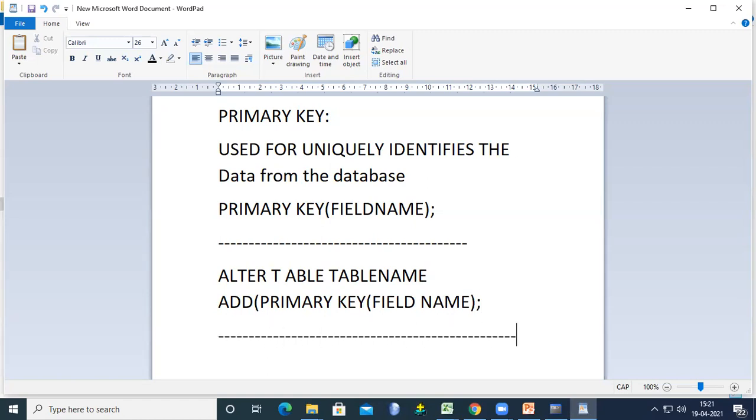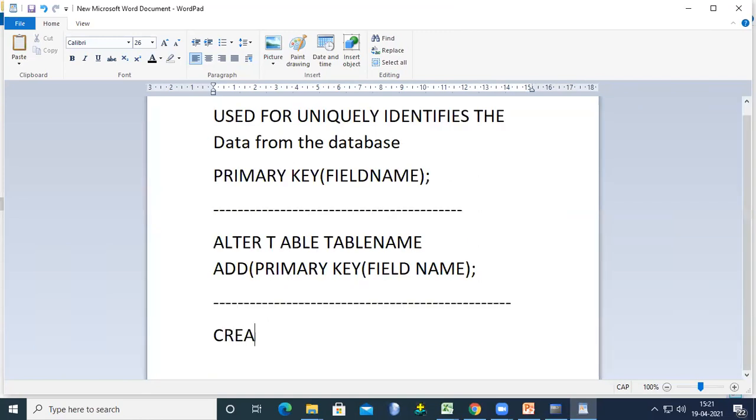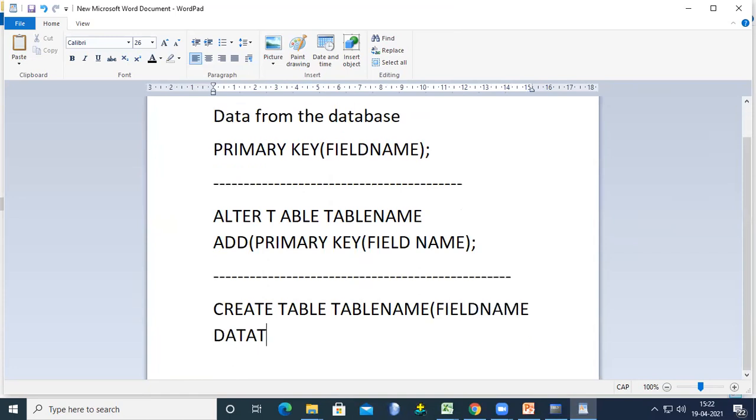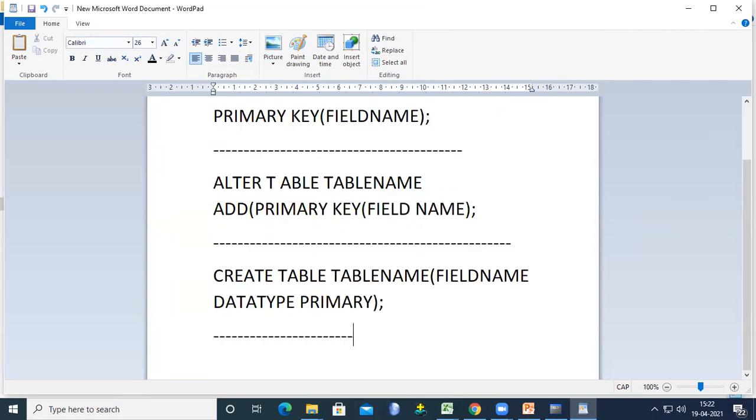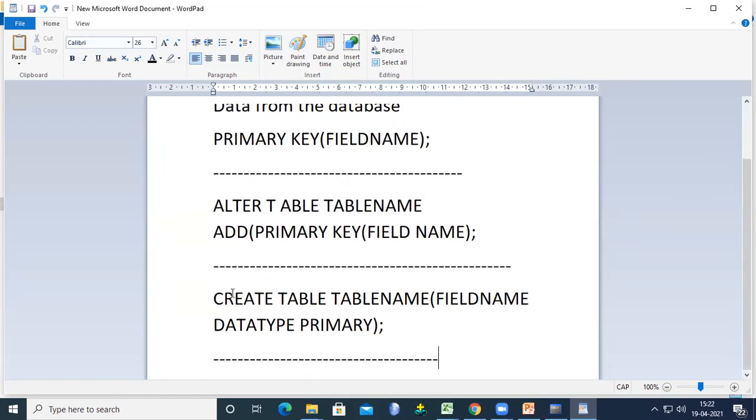Another way is during the creation of the table: create table name, field name, data type, and here we mention primary key. So this is also another way. So up to now I have described three ways of creating the primary key. This is the first one.